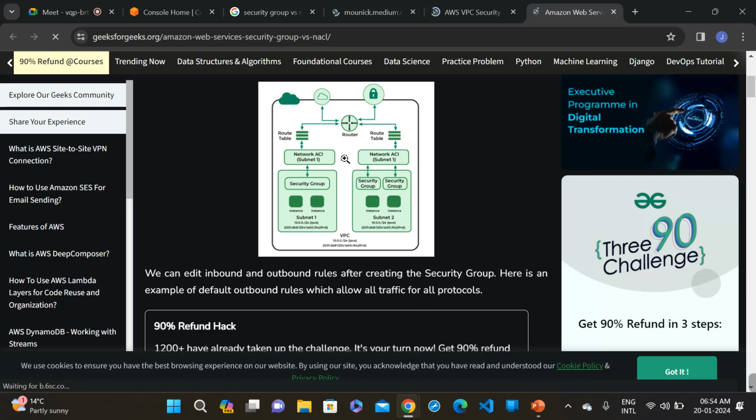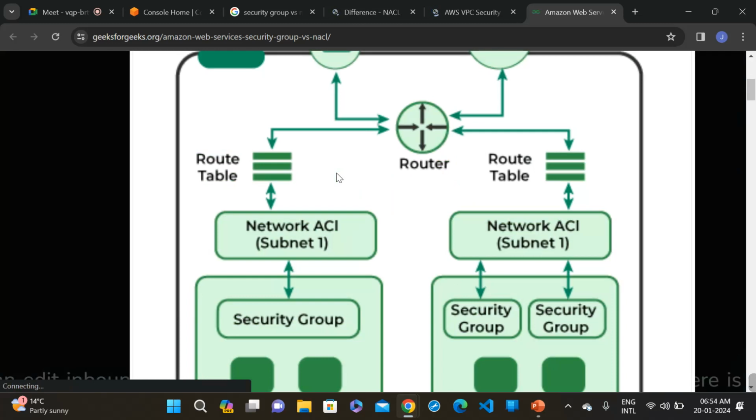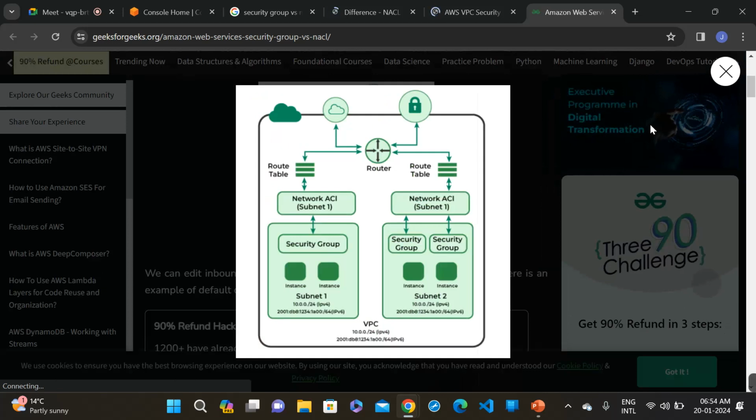So let me zoom this. Okay, Okay, so you can see this now. Oh, sorry. Yes, yes, Okay, so